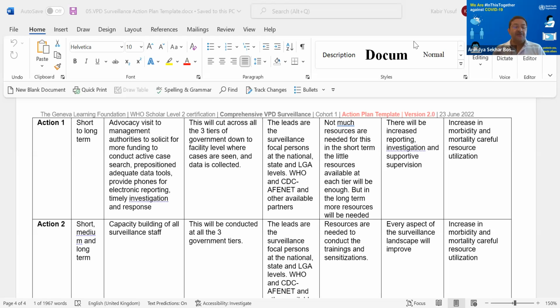The next point I would like to highlight: also think of building up collaborative teams within WHO. We work in silos. VPD doesn't talk to other WHO teams, and also beyond WHO. That means there can be other teams working, other implementing partners, and sometimes a formal system of communication and coordination helps.